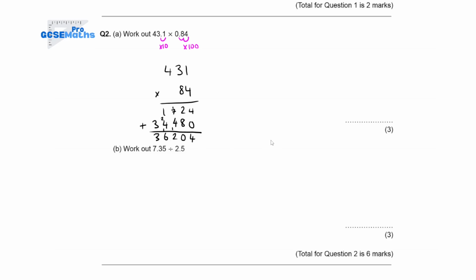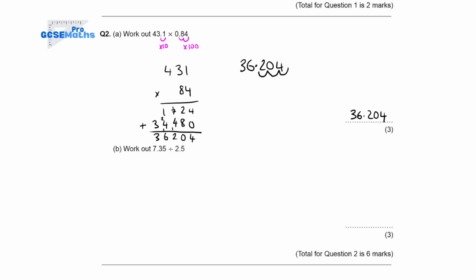Now, obviously the answer is not 36,204 because I originally scaled up both my numbers. I now need to scale down. You can either do this by counting how many times you moved the decimal place and then just doing that in total. So here 1, 2 and 3, so 3 times back. You can do it by dividing by the 1000. 10 times 100 makes the 1000. Or you can almost figure out the scale based on 43 times by something less than 1 is probably going to be about 36. So moving my decimal place 3 times back, should have